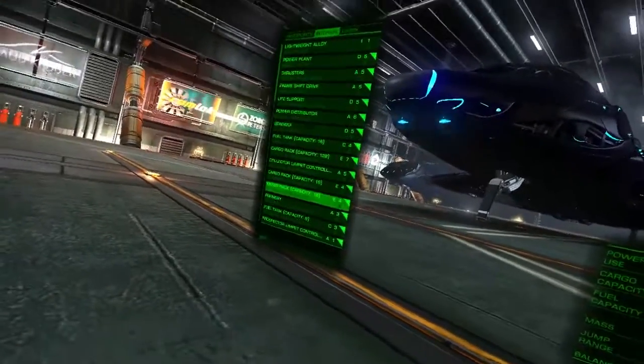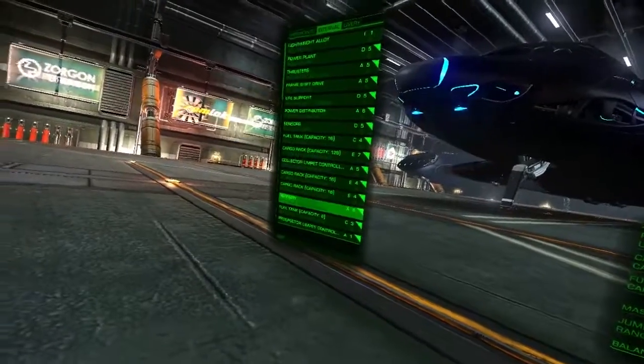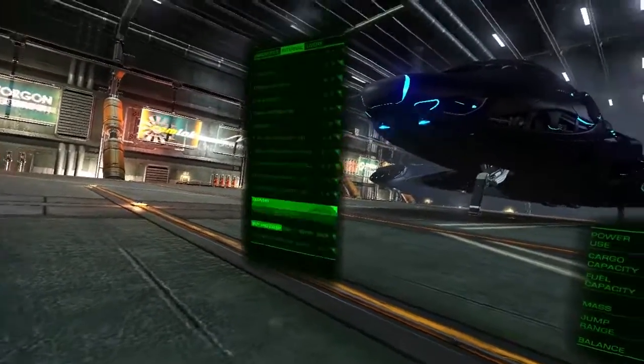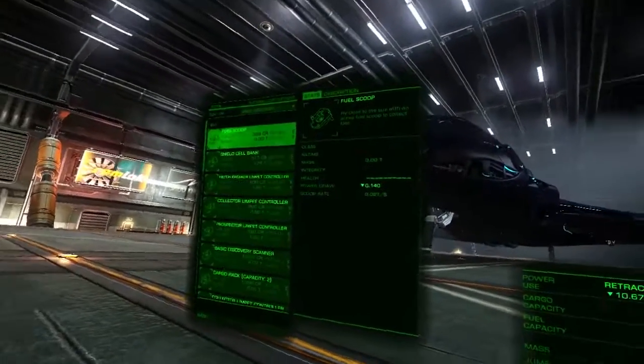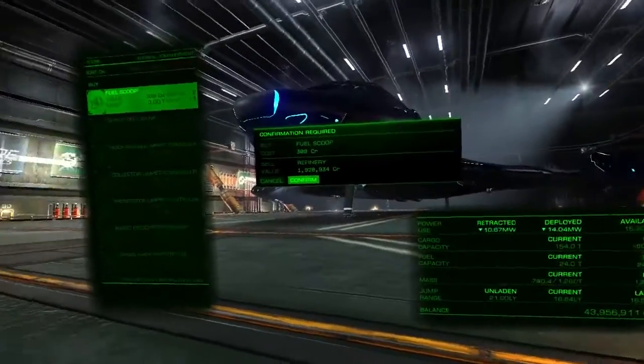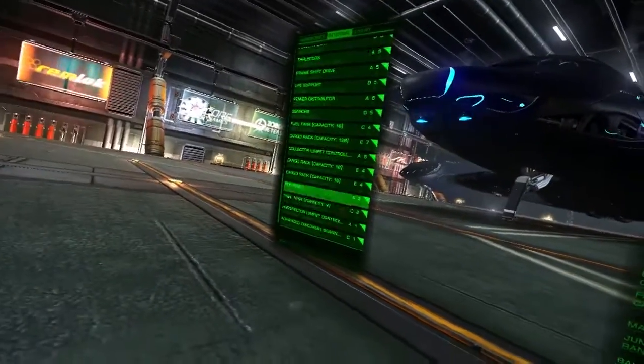I've set up a little bit more because I couldn't think of what else to do with this space. Like in a Clipper, you've just got so much space. The refinery. Okay, A3 refinery is literally the best, but it's also quite expensive. Let's see how much it is. It's 2 million, right? But basically, the A3 refinery